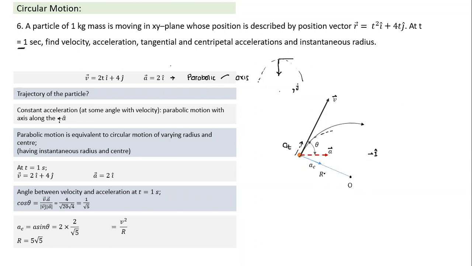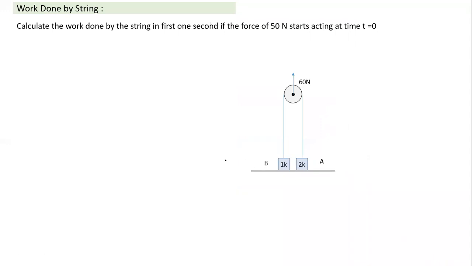At what distance? R is equal to 5 root 2. And from this point, if I draw an arc of a circle, at this particular instance it is moving along this path. So that is what we need to understand here. This is the part about circular motion, and from circular motion I'm switching on to something related to work, power, energy. I'll do a couple of questions based on some doubts people have raised, so I'm just trying to clarify those doubts.